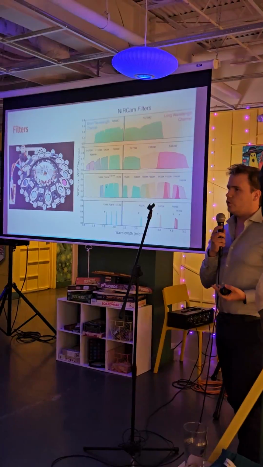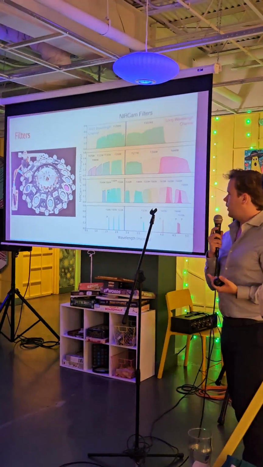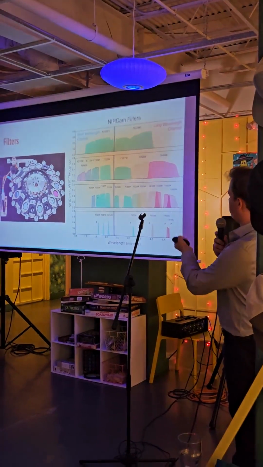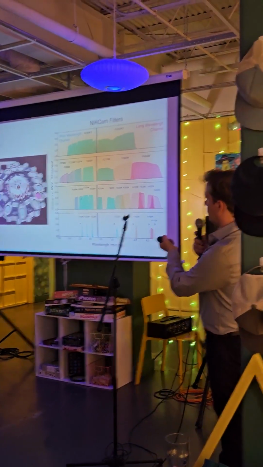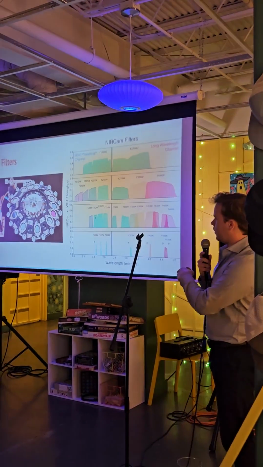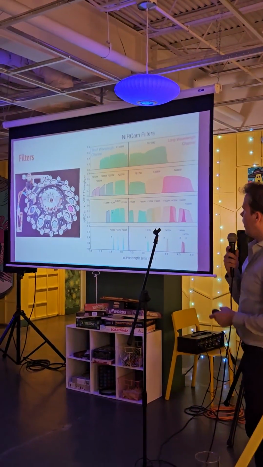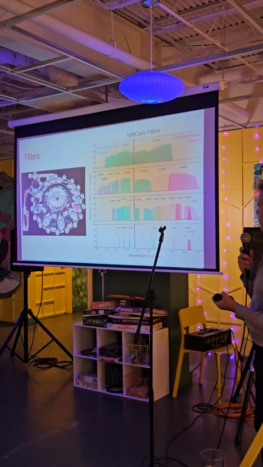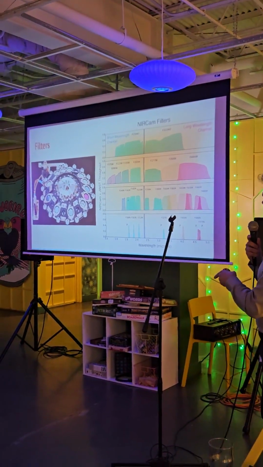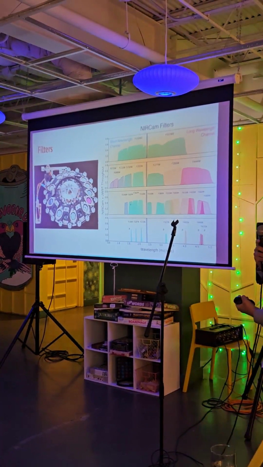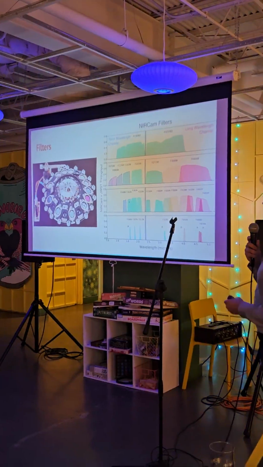So the way we choose how to color our images, or which filters we want to use, is by using all these different filters on the left-hand side. So this is the filter color wheel from the JWST telescope. And on the right-hand side is the diagram of all the different colors that this color wheel can let through and pass onto those black and white detectors. So on the top, you have